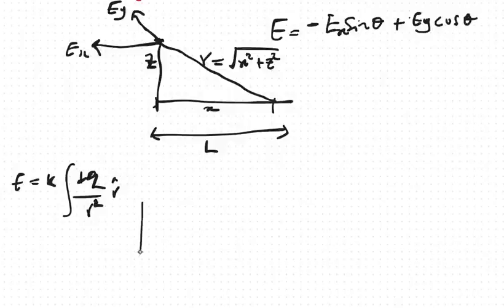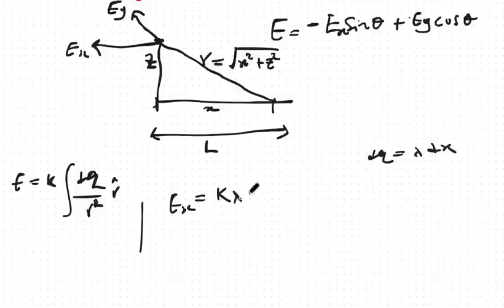So for x, we have that EX will be equal to k, but dq is equal to lambda dx. So k lambda, the integral of dx divided by r squared, which will be x squared plus z squared,